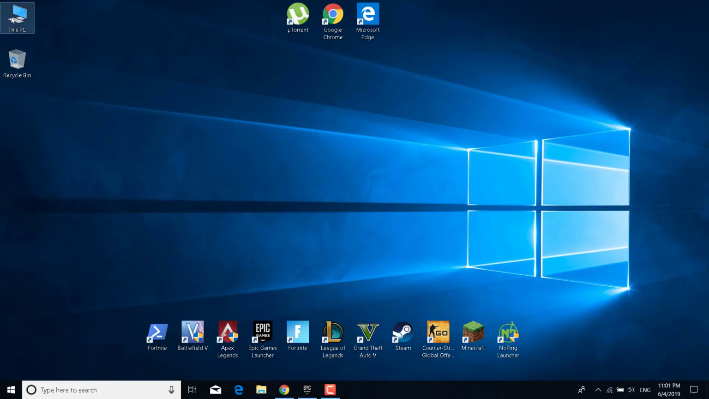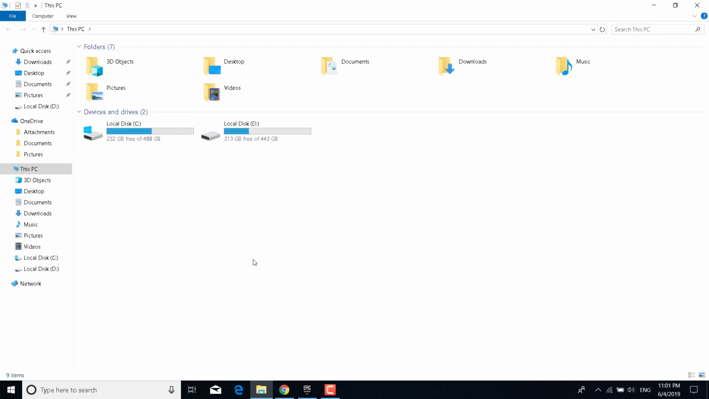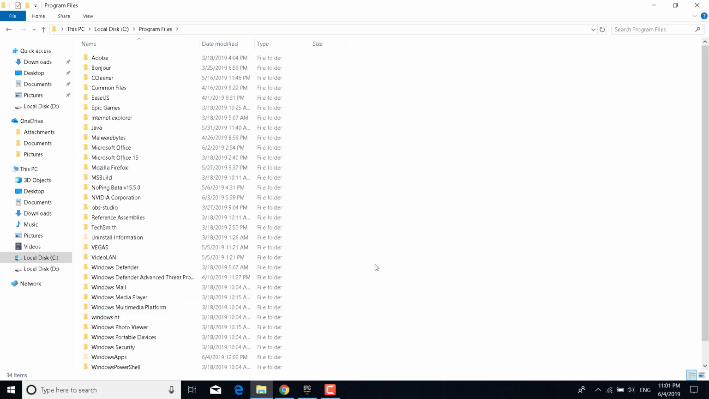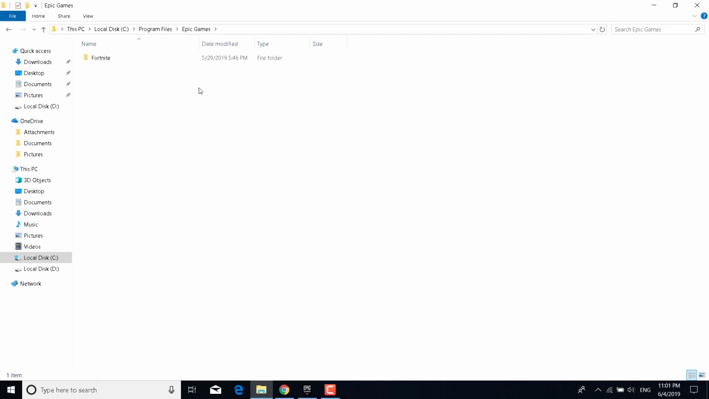You can do that by double clicking on the desktop icon or searching for it in the search bar. Once you open it, what you want to do is open Local Disk C or the drive where you have Fortnite installed. So for me it's in Local Disk C. Now open Program Files, open the Epic Games folder, open the Fortnite folder, and click on Engine, right click on